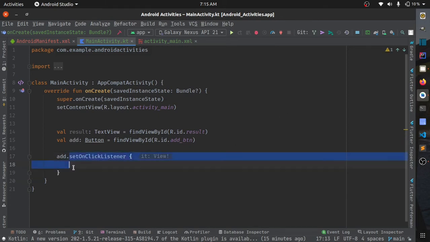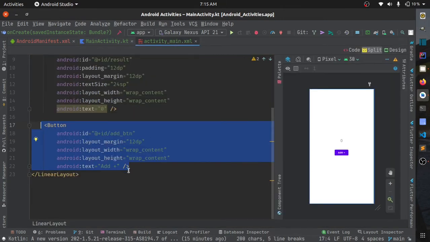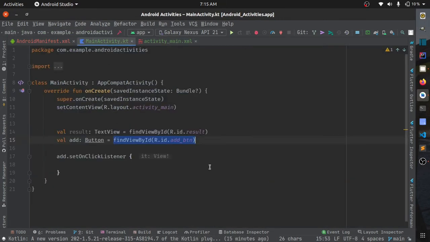This on click listener gives you the view from which the event occurred. This will be view, and if you check, the view will be this button, the reference of this button. So in setOnClickListener, we just want to increment the counter of the text view.